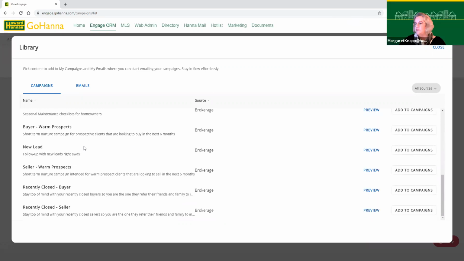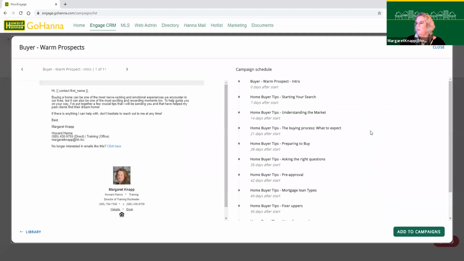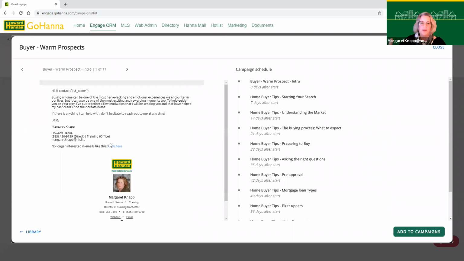Yep. So the new lead, let's preview that. So these are the 4 that we have, or the 5 we have right now. So let's start with the first one, actually. Let's do buyer warm prospects, and we'll do a preview. So if I made Maggie Warm Lead a buyer, which I just did, these are all the campaigns that are